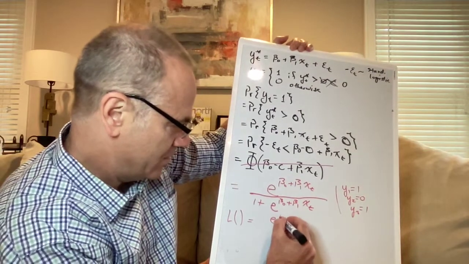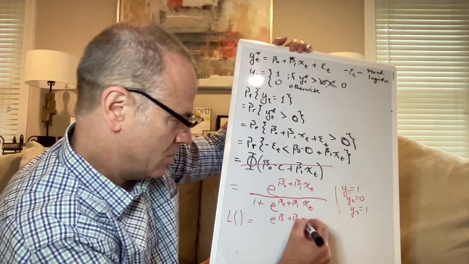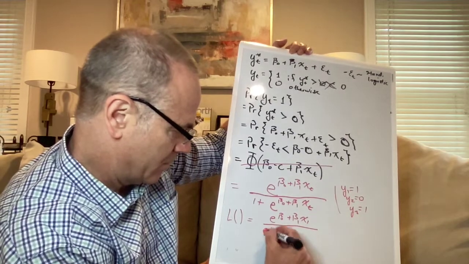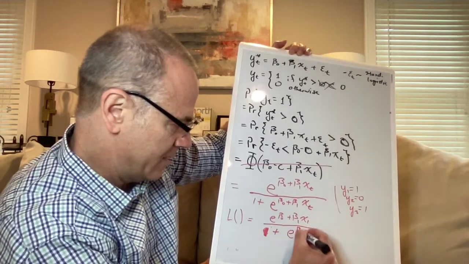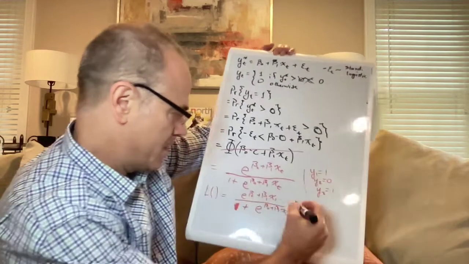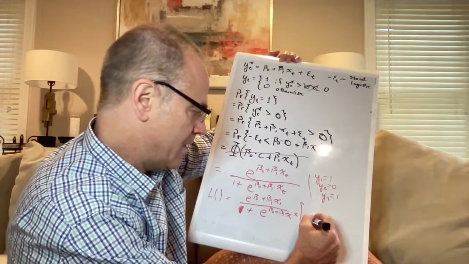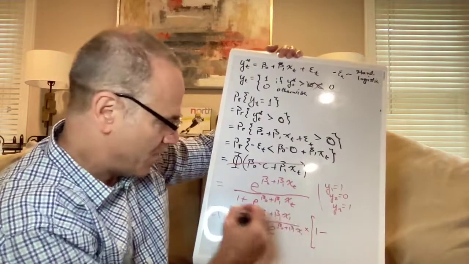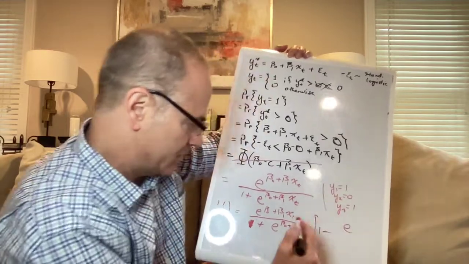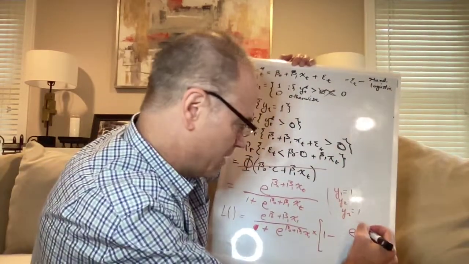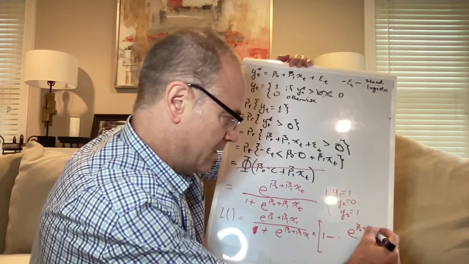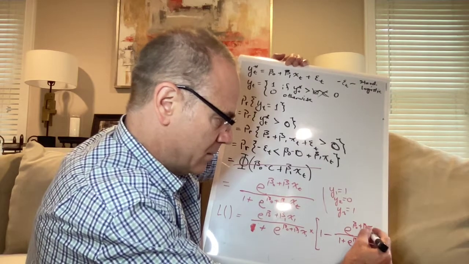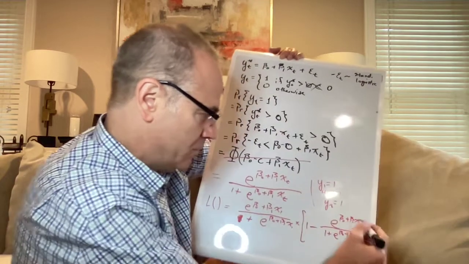So we get e to the beta 0 plus beta 1 x1, all divided by 1 plus e to the beta 0 plus beta 1 x1, times 1 minus, since y2, the dependent variable, is 0, we get 1 minus that probability, where instead of x1 we substitute x2, because it's observation 2: e to the beta 0 plus beta 1 x2, all divided by 1 plus e to the beta 0 plus beta 1 x2,